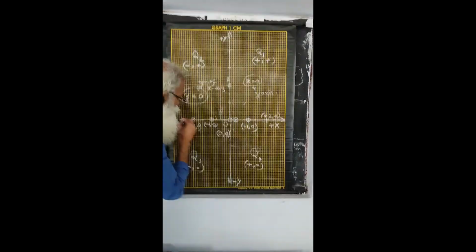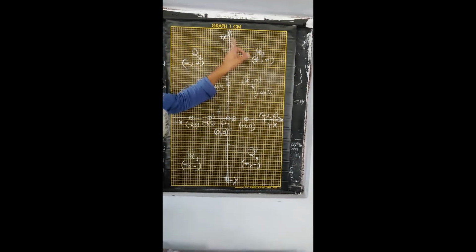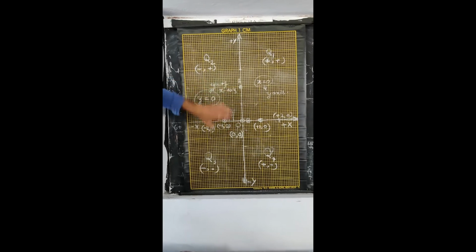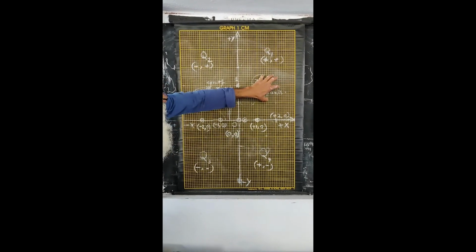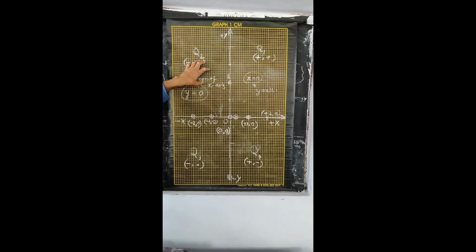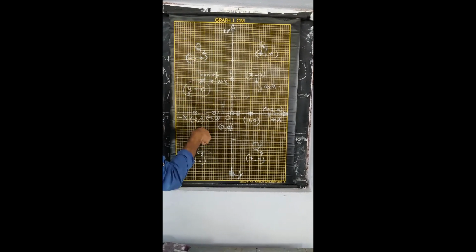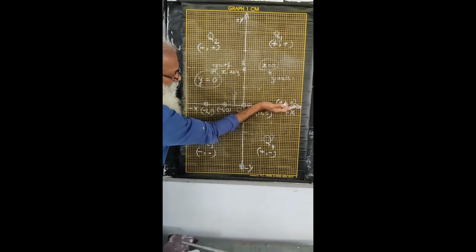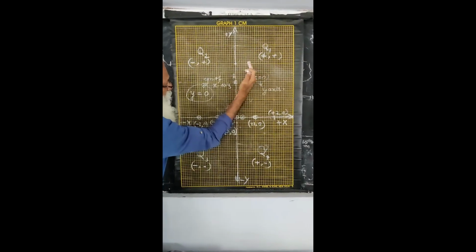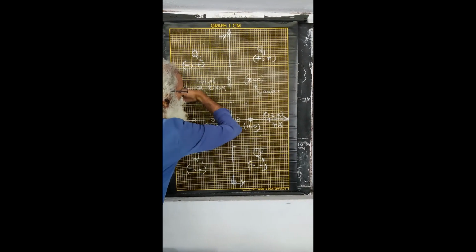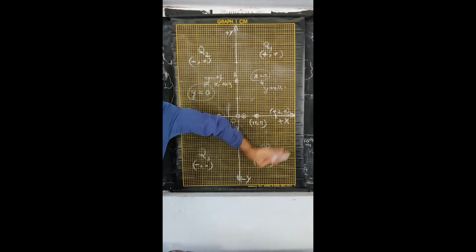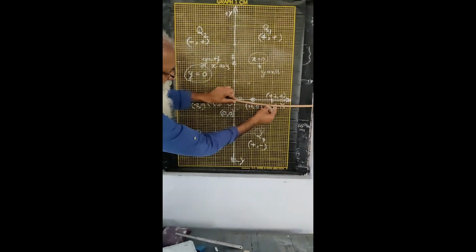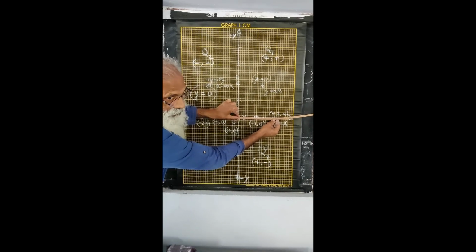Now these two axes, x-axis and y-axis, divide this entire plane of the board into 4 quadrants. This is called the first quadrant, this is called the second quadrant, okay? This is called the third quadrant, this is called the fourth quadrant. Again, from the x-axis, we turn in the anti-clockwise direction. From here to here is the first quadrant, here the second quadrant, then the third quadrant, then the fourth quadrant. Okay? So let me do it here. Let's say that is the arrow. So you are along the x-axis.